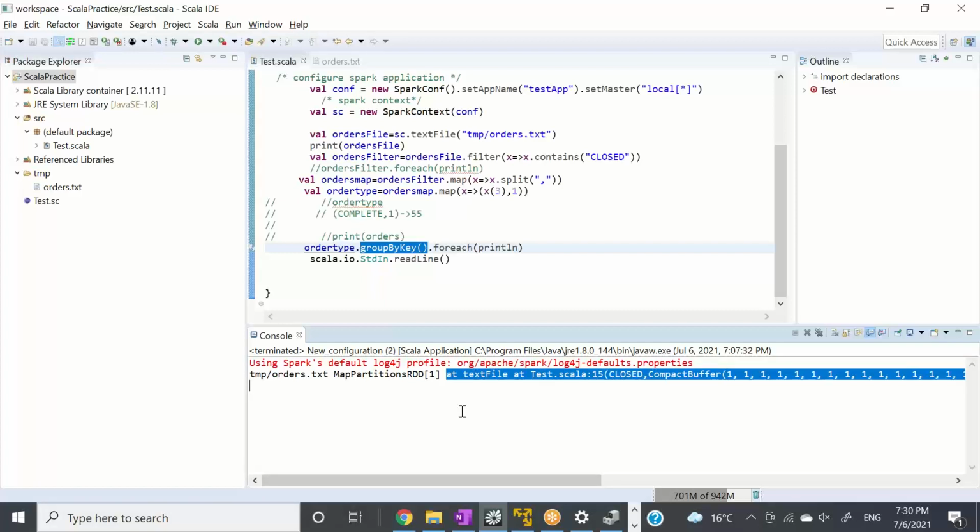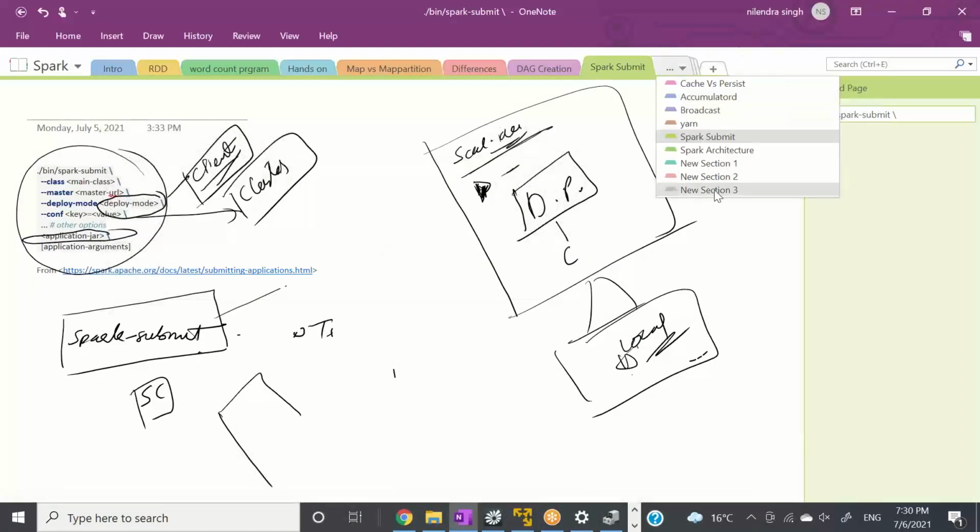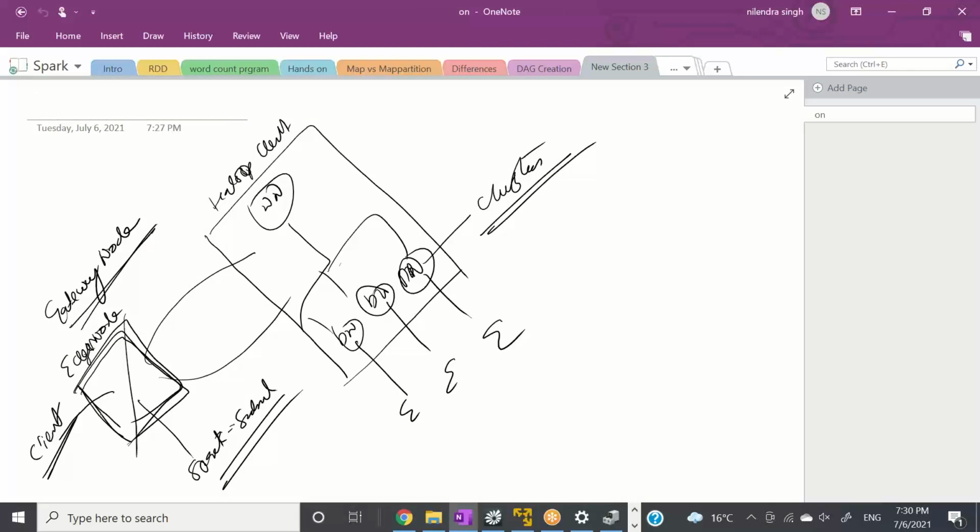The drawback of client mode is, see, this particular edge node, right? This can fail. So see, driver is a single point of entry to the Spark cluster. Your program, like your main class, is the driver. If driver fails, everything fails. So if this machine crashes, your job fails, right? And that's why we don't want to run any production job in client mode. We always run our production job in cluster mode, because this cluster is more reliable, more fault tolerant.